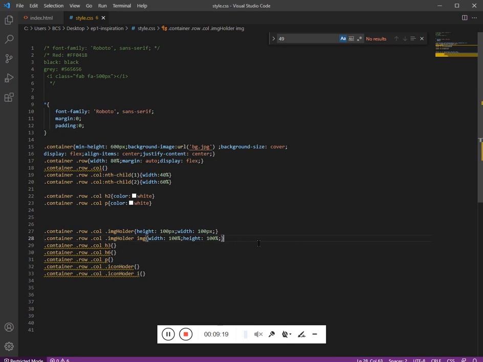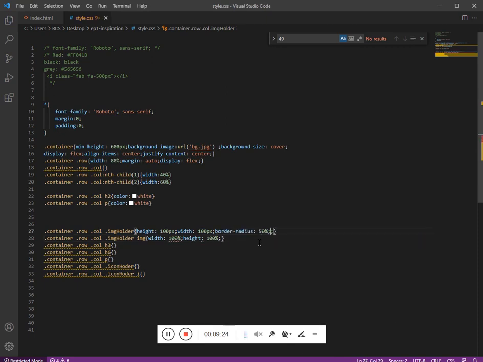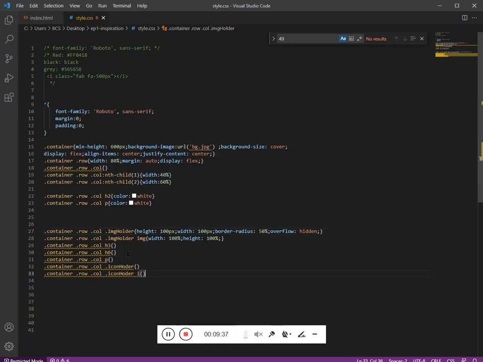Now we'll use the border radius 50% and overflow hidden. So border radius will make it circular. Fine. Now whatever is there inside the,